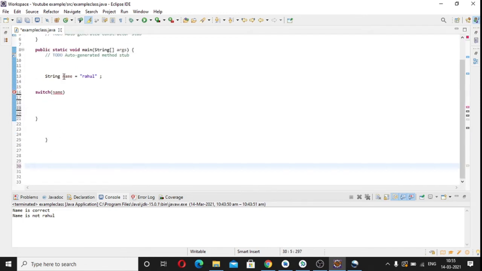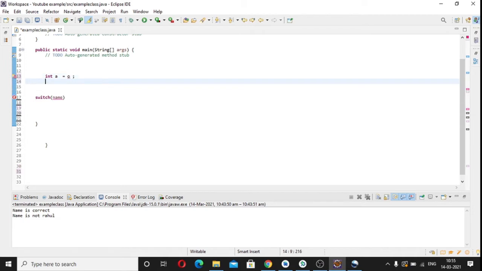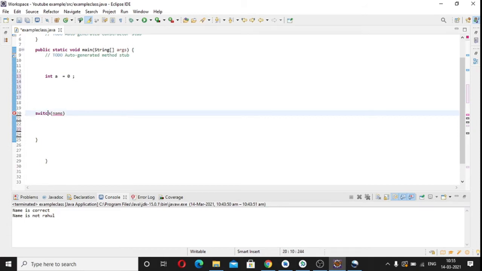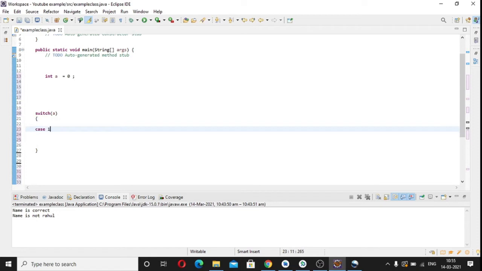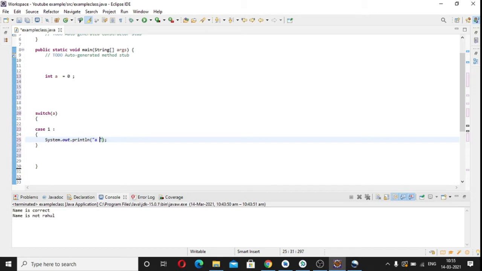So I'll declare an integer a is equal to 0 for some time. So I will write switch as a. Case 1. So if the case is 1, in case the a is 1, I want to print a is 1. Okay,